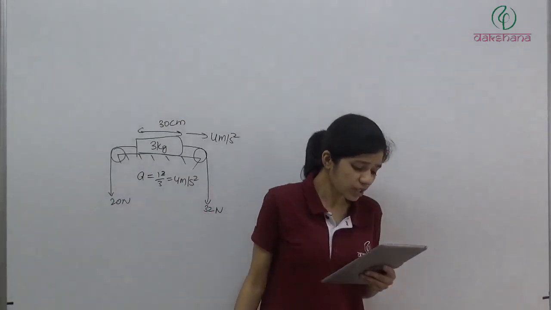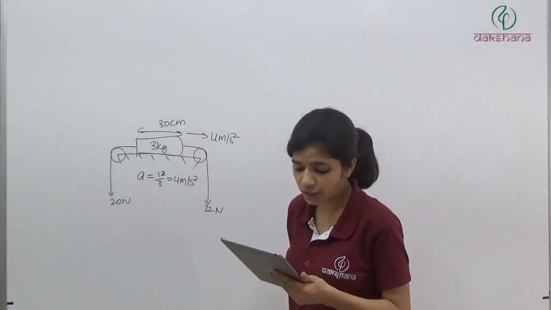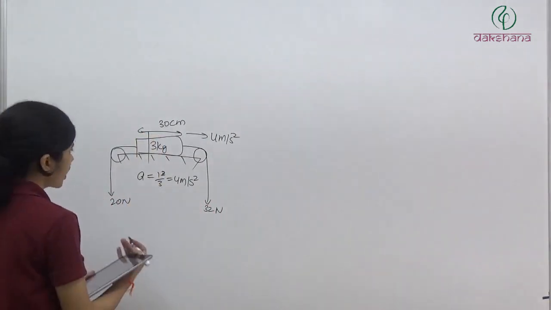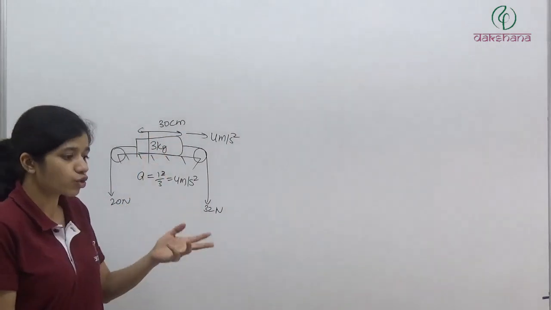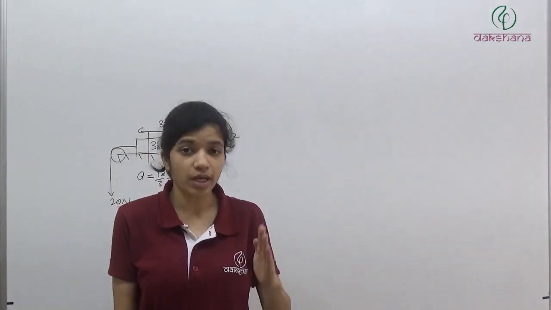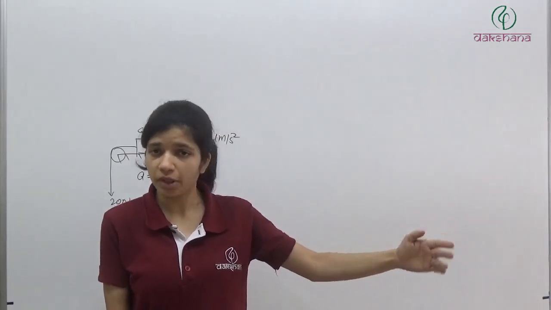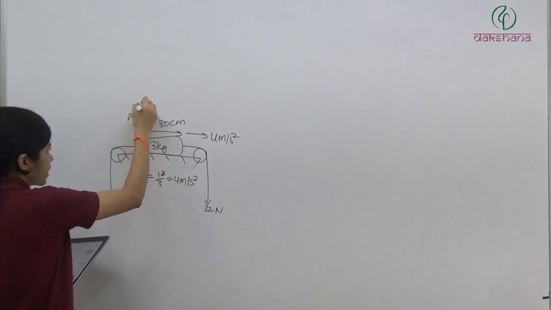Now the second question. They are asking, in the above question, the tension in the rod at a distance of 10 cm from end A. So from here they are asking. Again, length is 30 cm, mass is 3 kg. So we can say for 10 cm mass is 1 kg, again for 10 cm mass is 1 kg, and for 10 cm mass is 1 kg. So the mass of this part will be 1 kg.